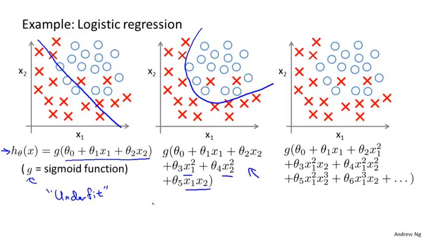Probably about as good as we could get on this training set. And finally, at the other extreme, if you were to fit a very high order polynomial, if you were to generate lots of high order polynomial terms as features, then logistic regression may contort itself, may try really hard to find a decision boundary that fits your training data, or go to great lengths to contort itself to fit every